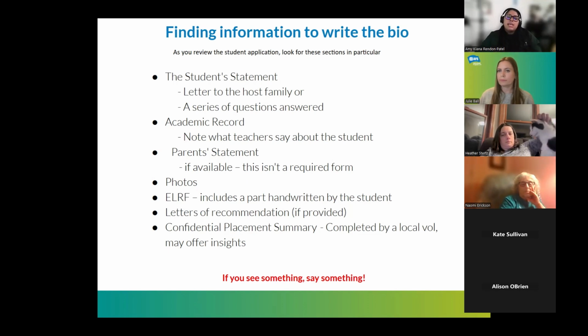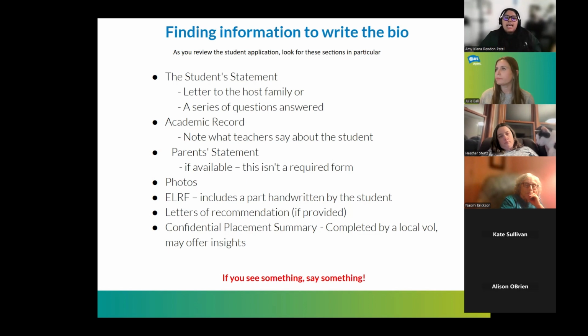There you could get to know the student more: what they like, sometimes what they dislike, what they're hoping to get out of the program and the experience, and more regarding their schooling, how they are as a student and as a person, their activities and interests. You can mostly get all of that in either the letter to the host family or the series of questions.